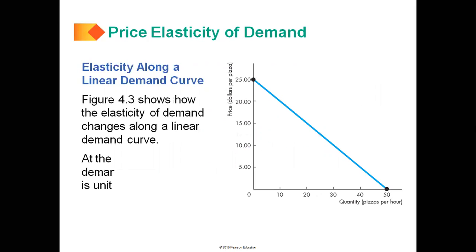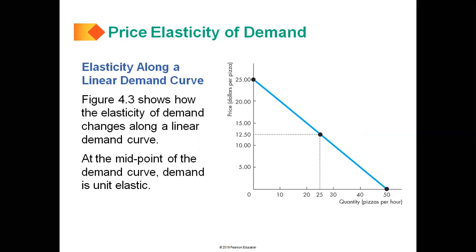Here is the math behind how elasticity actually changes even though the curve is linear. And it's just mathematical. It's like I explained, the numbers are getting bigger on the horizontal axis. So the spaces between them might be the same width on the graph, but mathematically they represent a smaller percentage. In other words, the difference between 20 and 30 is bigger than the difference between 40 and 50 percentage wise, but on the graph it's the same